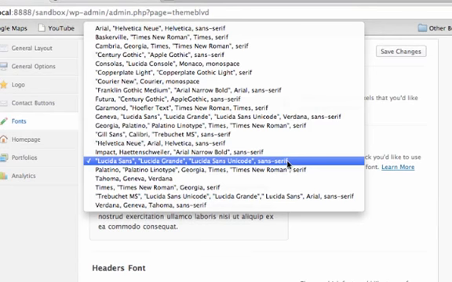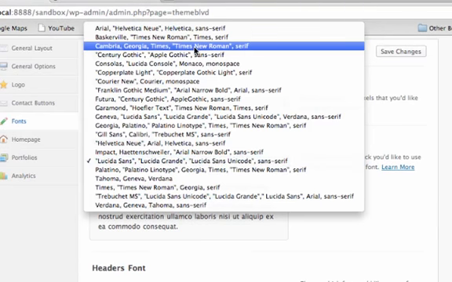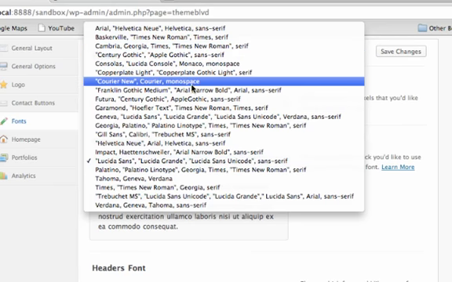This might look a little weird to you. You're thinking, what is all this jargon? Well, these are called font stacks. And basically in CSS, when you are declaring a font,